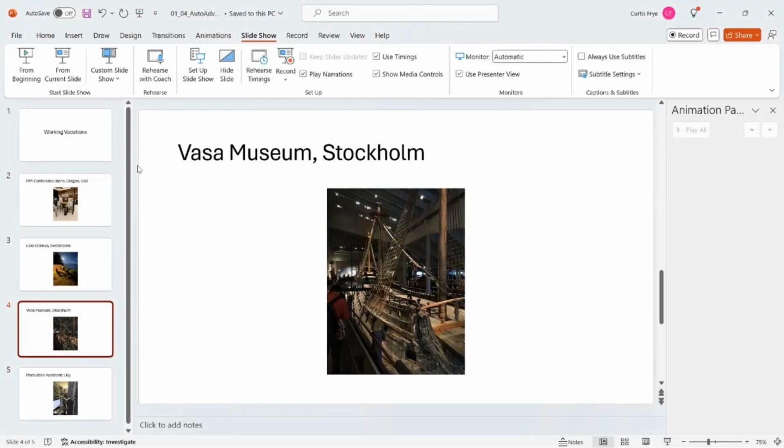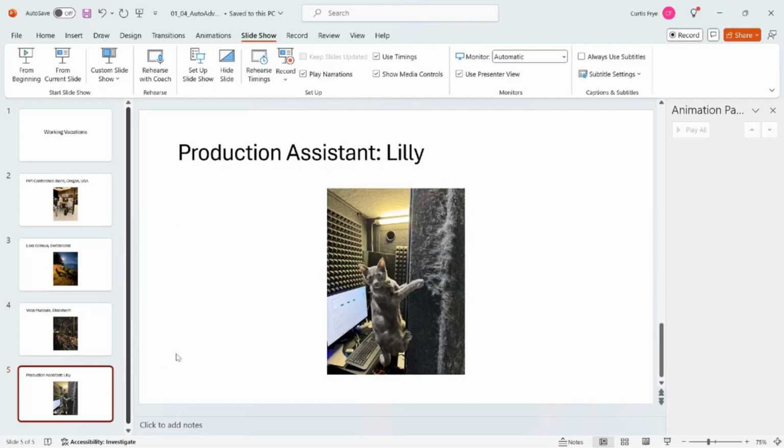So I'll click Escape, or press Escape on the keyboard to move out, and we're at the last slide that was shown. I can, if I want, only use certain slides in the presentation. For example, as much as I love Lily, and she is a wonderful cat, she isn't really relevant to the travel that I've been doing, so I would probably exclude slide number 5 from the rotation. And I can do that by going back into the Setup Slideshow dialog box. So I'll click that,